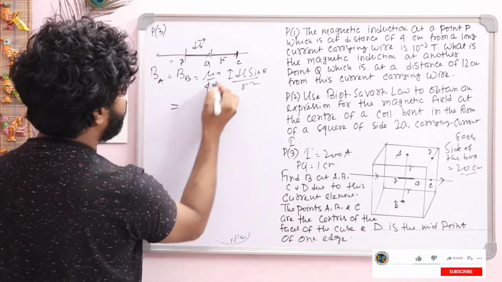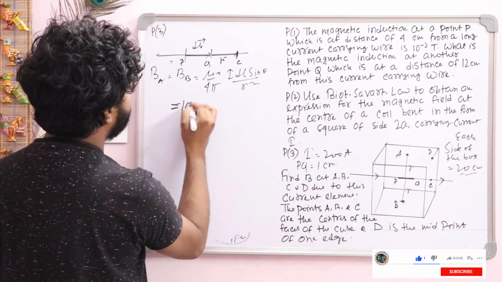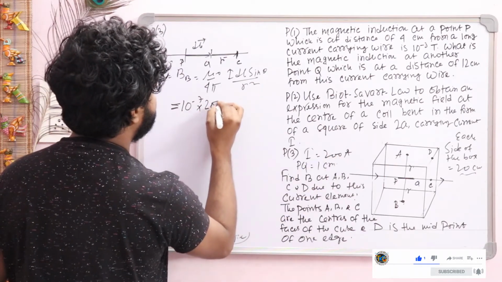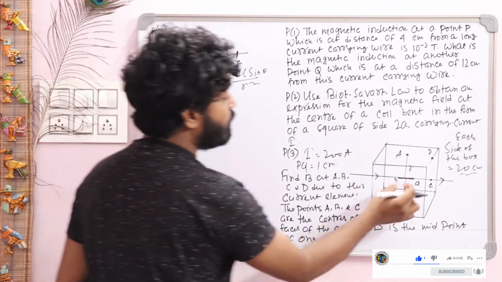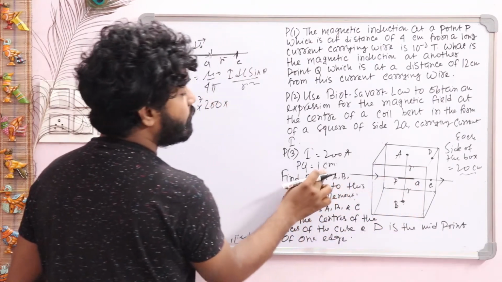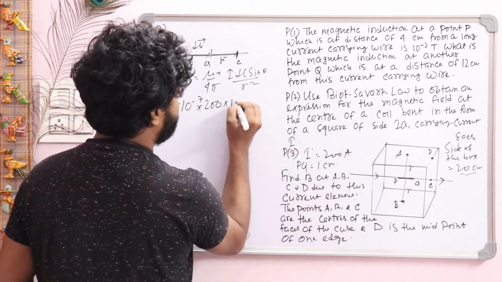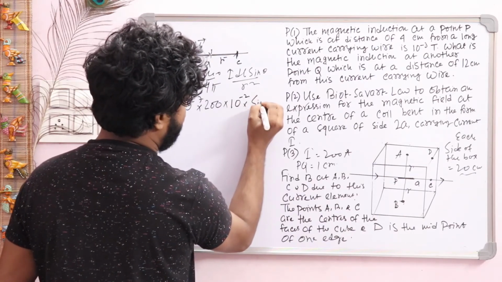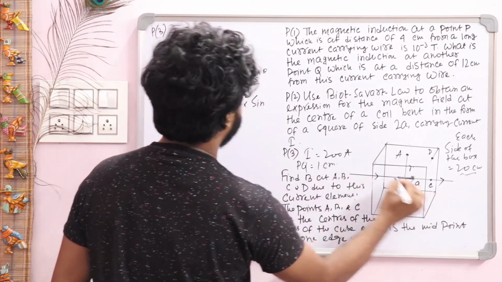Now you see mu naught by 4 pi value, that is 10 to the power minus 7, I current flowing, that is 200, del L, the current element PQ, the length that is given 1 centimeter, that means 10 to the power minus 2 meter. The value of sine theta, you see this is del L, this is the direction of del L